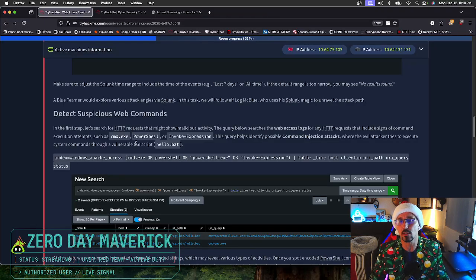There's a batch file, and this is how PowerShell actually executes any kind of malicious action. So if it invokes an expression, it means that it's like a get or push or a send. So the index is going to be equal to Windows Apache. This is going to be the server that we're looking for. So the Windows Apache access,